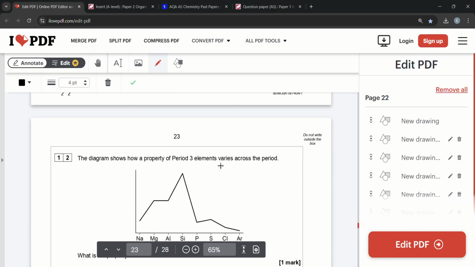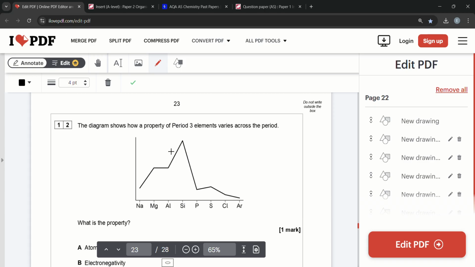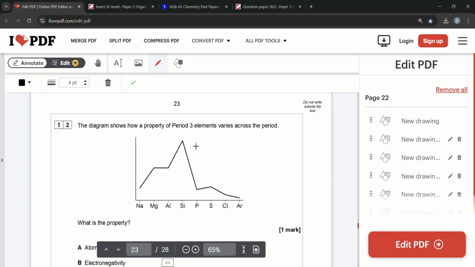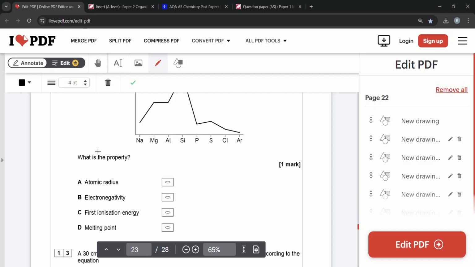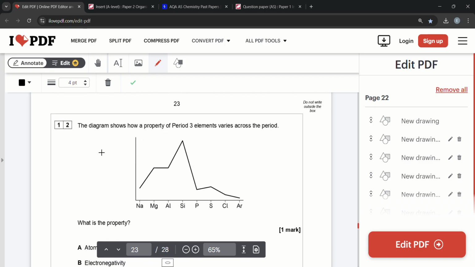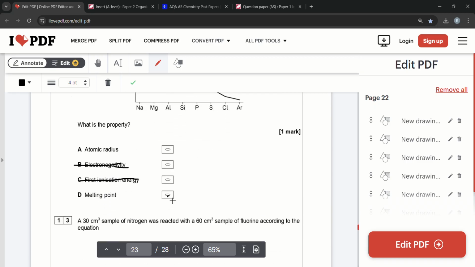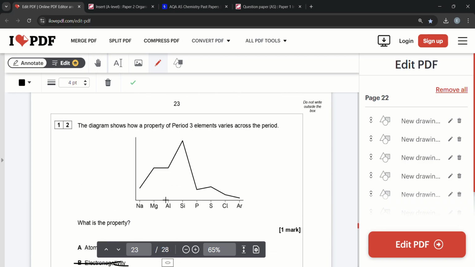The diagram shows the property of period 3 elements. What's the property? First ionization energy? Well, first ionization energy wouldn't be like that across a period. It decreases down a group, increases across periods. It's not going to be that. Electronegativity, no. The answer is going to be boiling or melting point, because you can clearly see